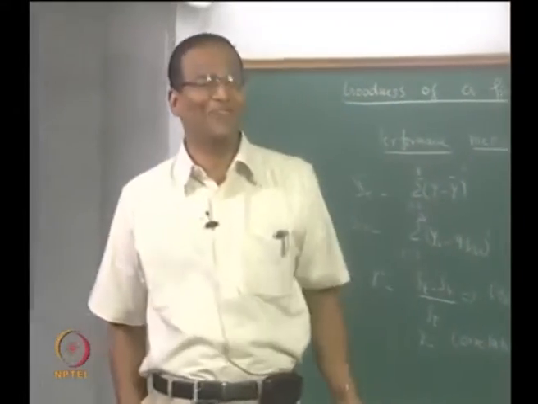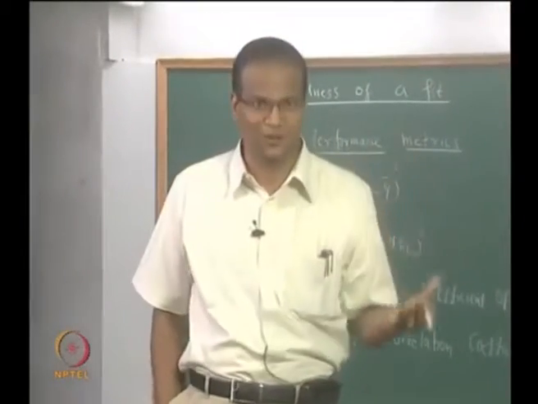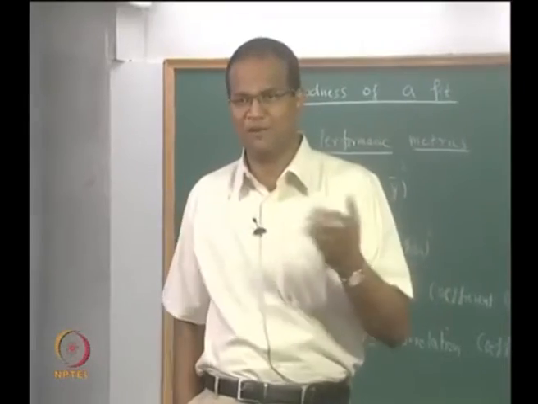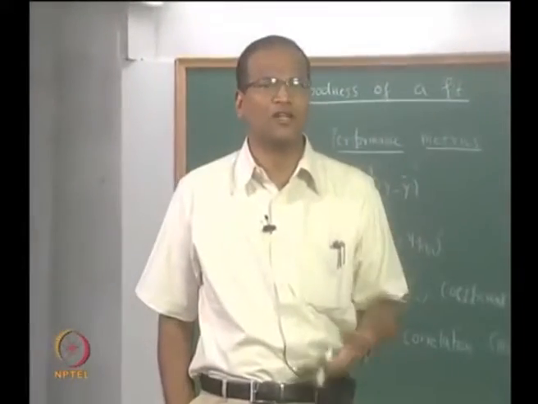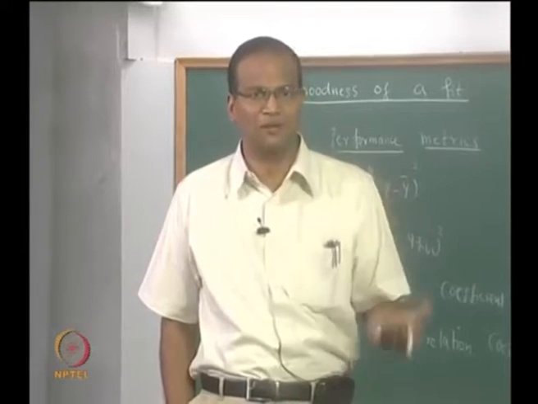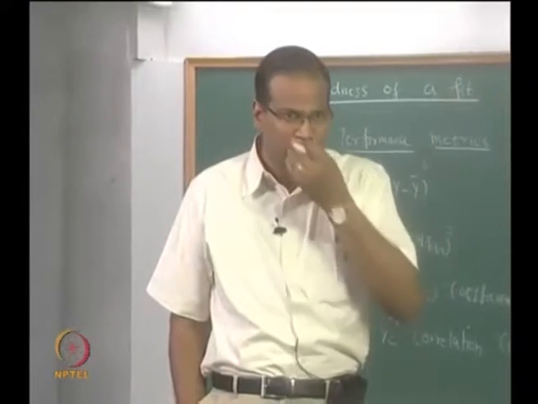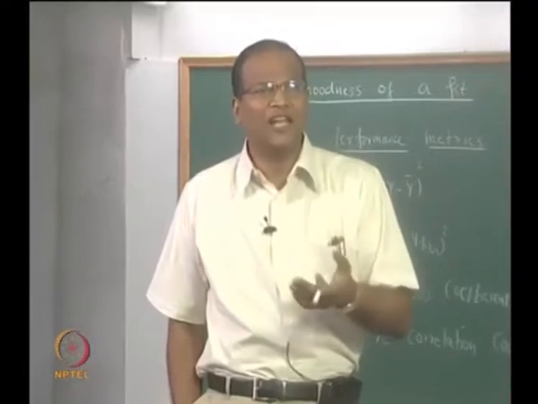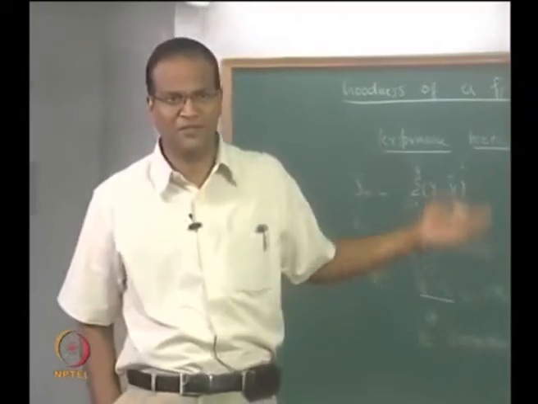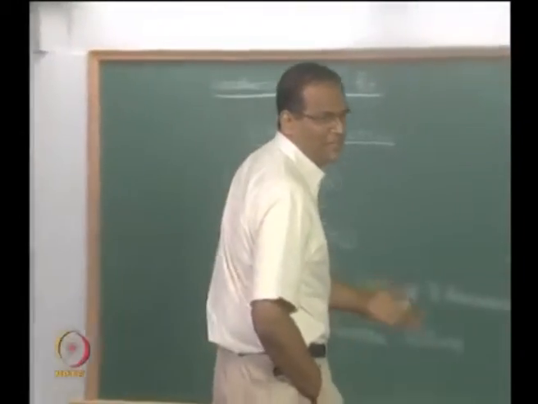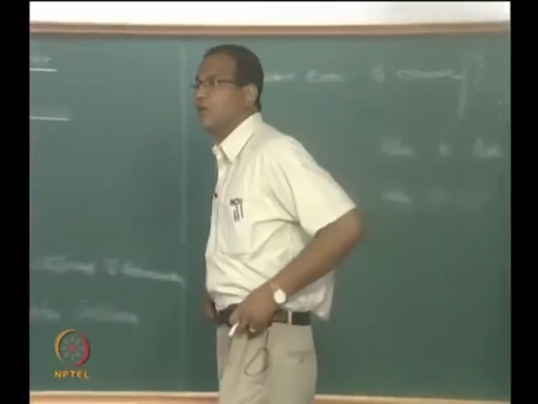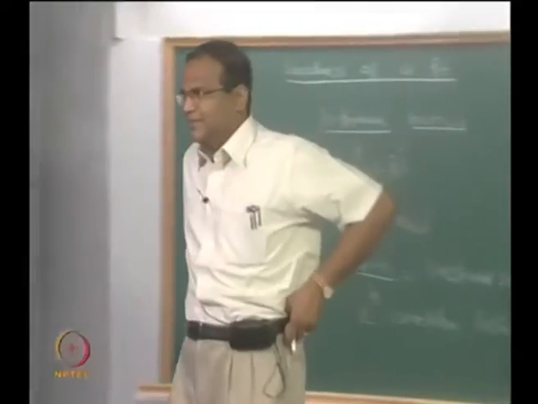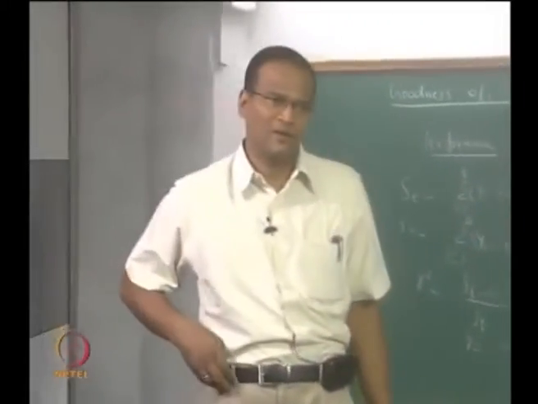So we want to be careful. So n is much greater than 2. Usually in experiments you have 20 data points, 30 data points and 40 data points. So suppose I develop a correlation, Nusselt number is a function of Reynolds number, Prandtl number, I have 40 or 50 data points. Instead of dividing by 48, if I divide by 46, it will not make much difference, I will get the same standard error. So n and n minus 2 look so different if n is very small. If n is large, it does not matter at all, okay.